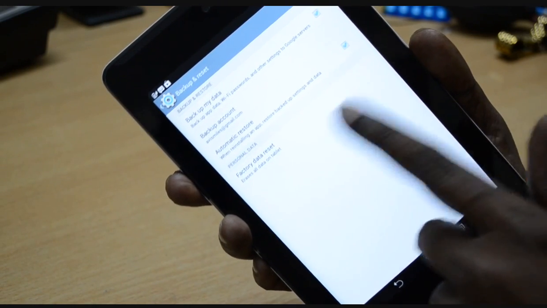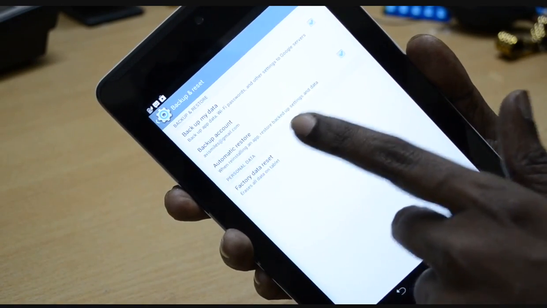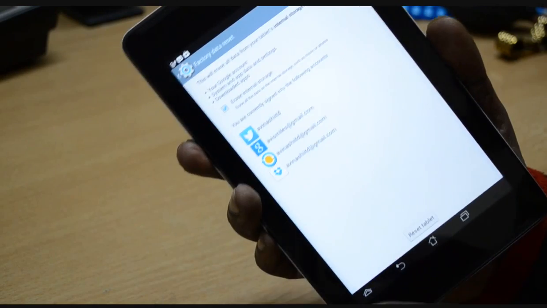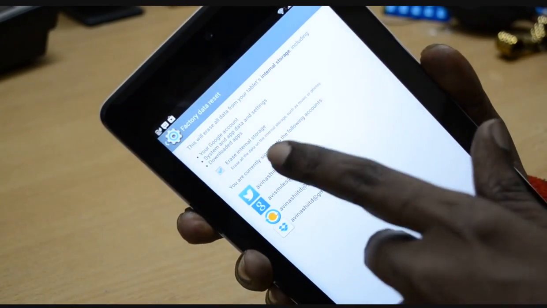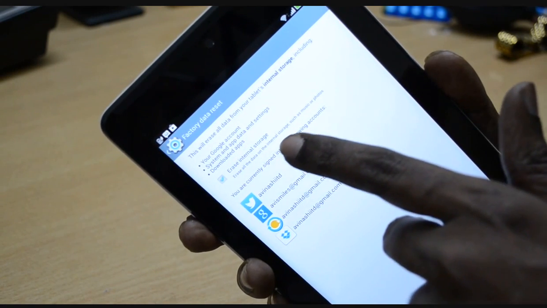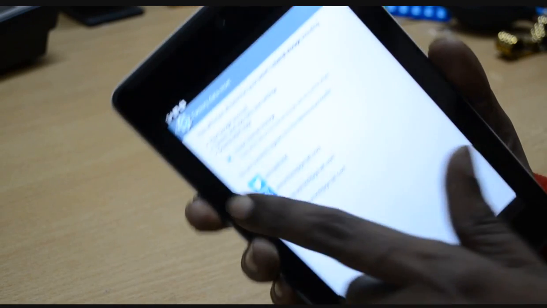You just need to select this factory data reset. Keep in mind that everything you have on this device will be deleted and you cannot restore it by any means, right? As you can see here, it tells you that erase internal storage erases all the data on the internal storage such as music or photos.